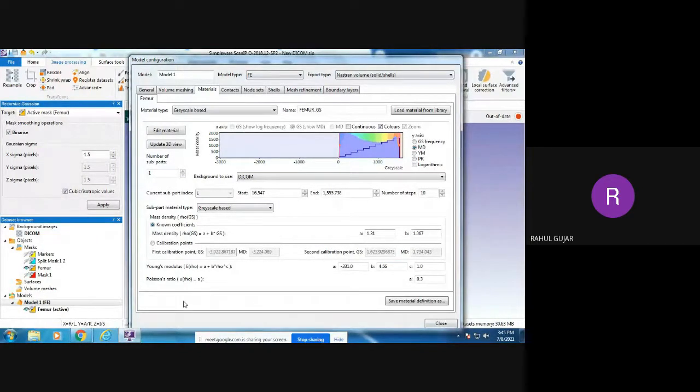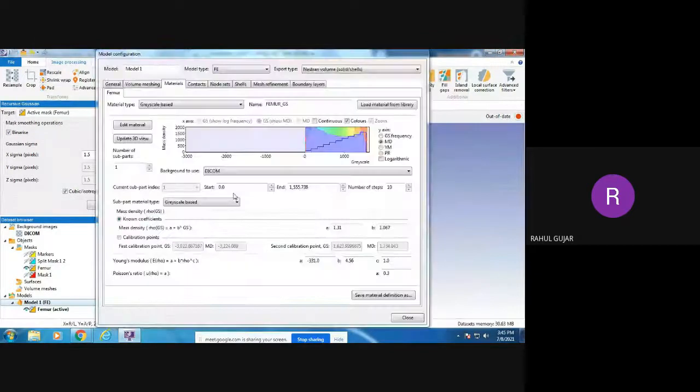Okay, again it will be showing that instruction. So now you can see this pointer will be set up exactly or just a little bit nearby to the 0. Okay, I'll try to set it at 0, right here directly at that value 0. Right, you can see that now exactly the grayscale value is set for that material, and then I will just click on close.